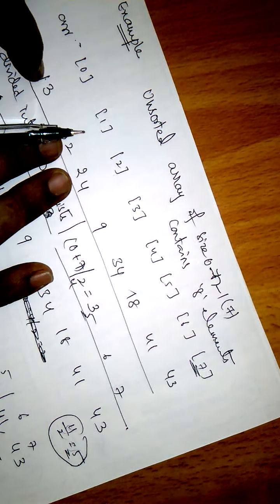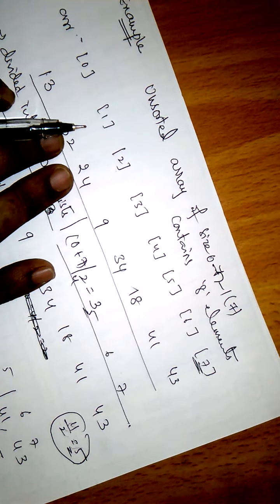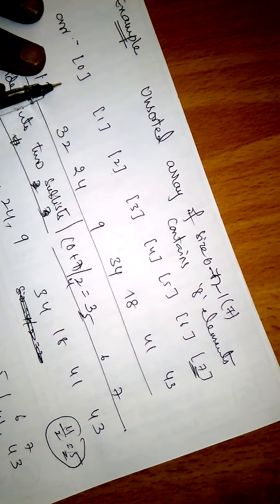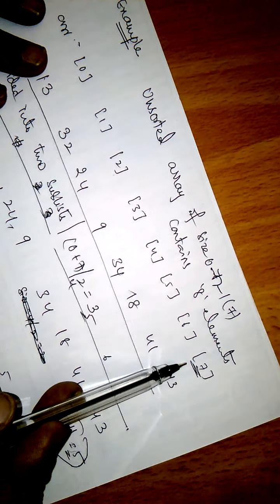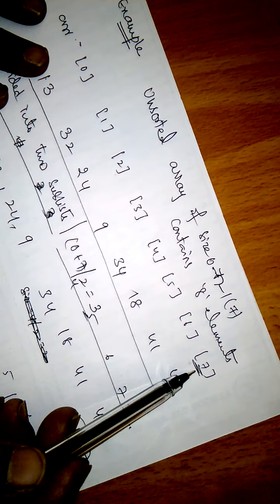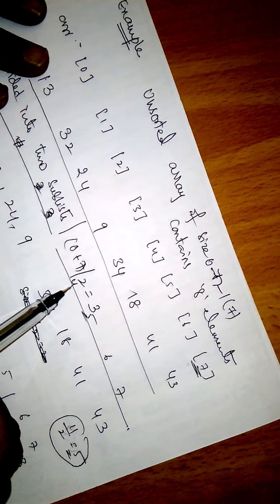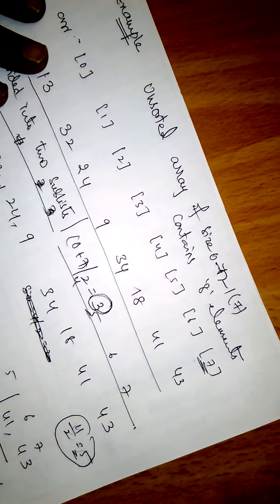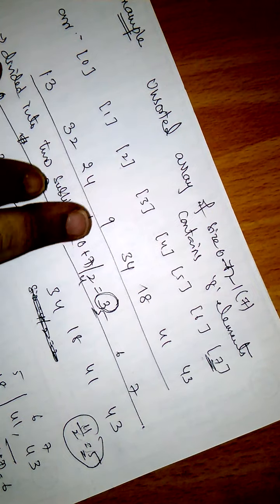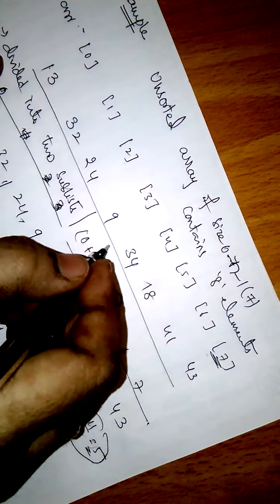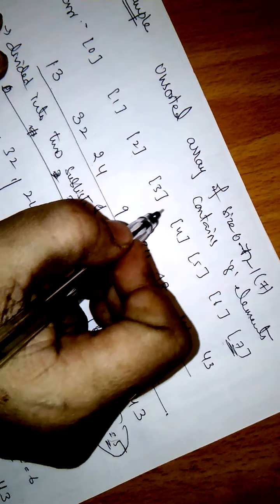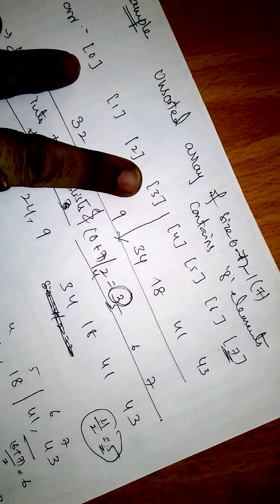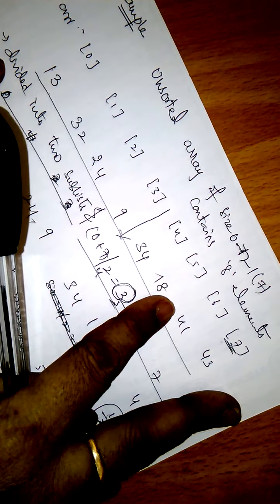How do we make a sublist? First, we take the size divided by 2. Here, 0 plus the size n minus 1, which is 7, so 0 plus 7 by 2 gives the value 3. So you divide this into the first 2 sublists. From 0, 1, 2, you make the first sublist. This is one sublist A, and another sublist B.